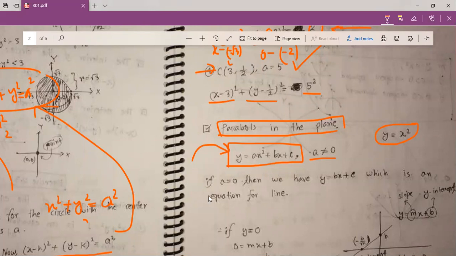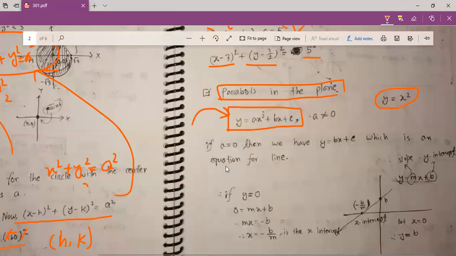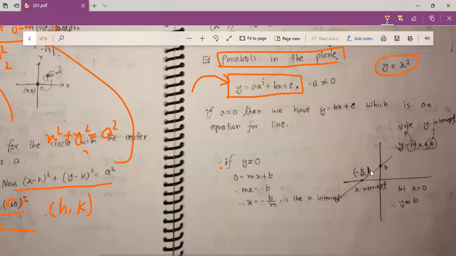If a is equal to 0, then we have y is equal to bx plus c. That is the equation for a line, which will be a straight line. So that's why a must be not equal to 0. Now we have to find, suppose,